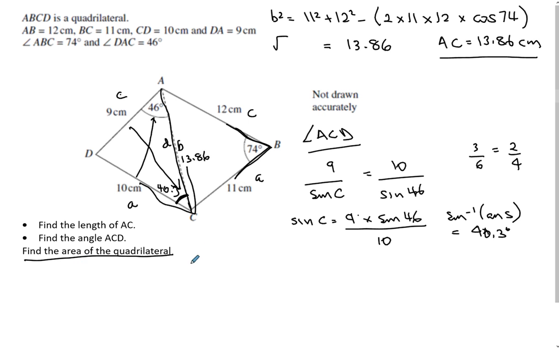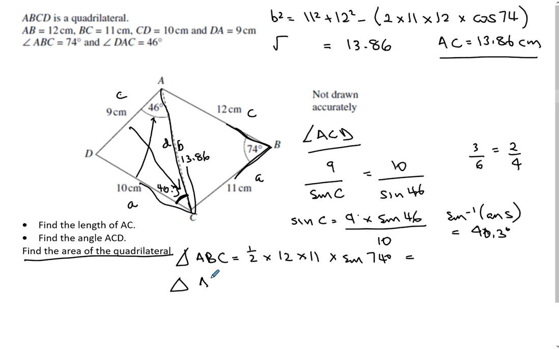So the area of triangle ABC equals half times 12 times 11 times sine 74 equals, and you can see I haven't gone on my calculator yet. I prefer to do the calculation first, and then